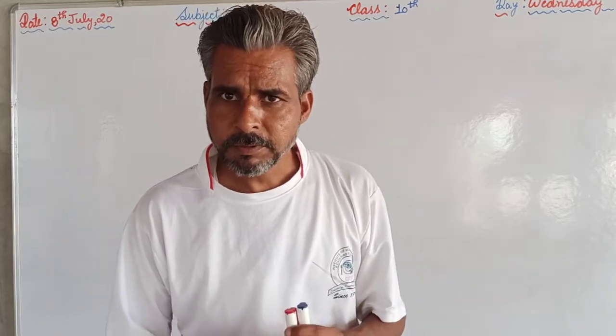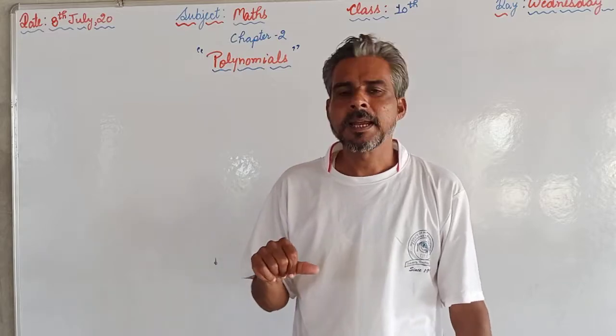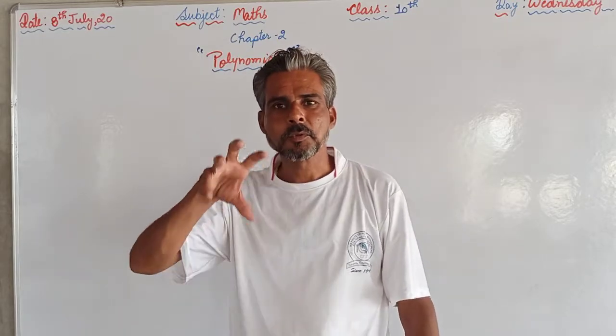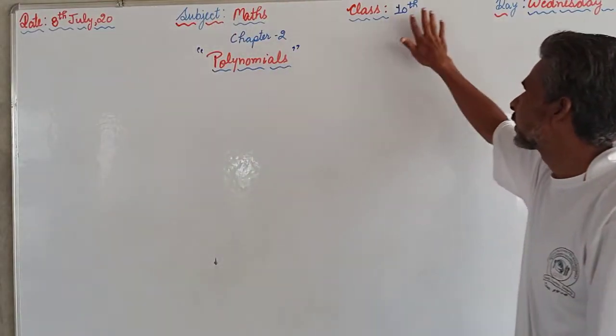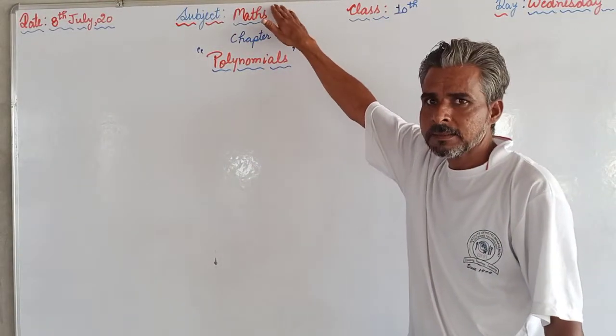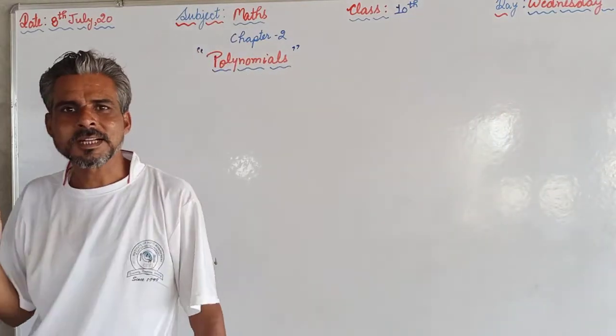So from today onward we are supposed to proceed class wise, subject wise and book wise. We are supposed to now concentrate on the book. So this video is for class 10 subject maths chapter 2. Why are we taking chapter 2? Why are we not starting with chapter 1?